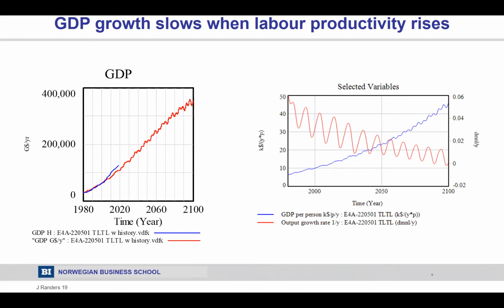It grows in the model, and to the right, you see in the red line how the growth rate is actually declining over time, as one would expect, since the blue line shows how the GDP per person is increasing throughout the period. You see to the left the mismatch between the growth rate in GDP and the observed growth in GDP,